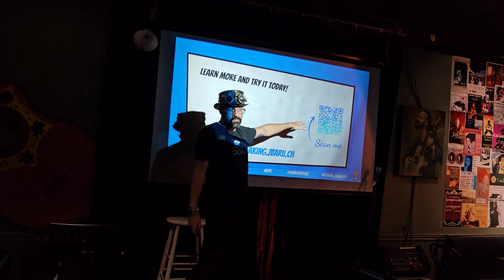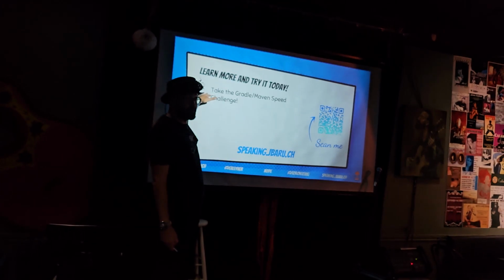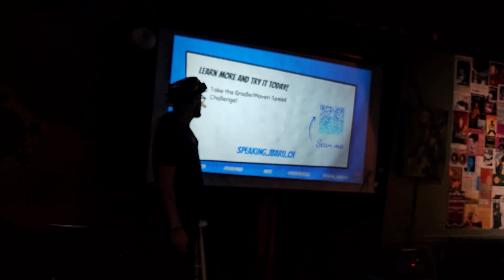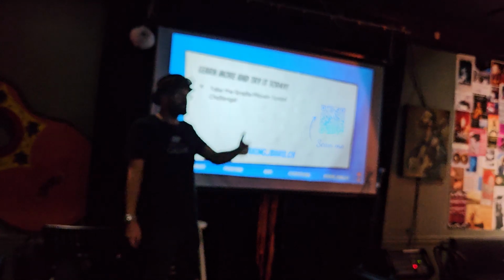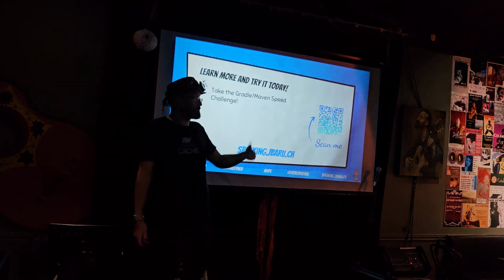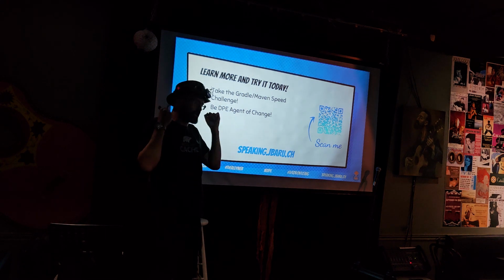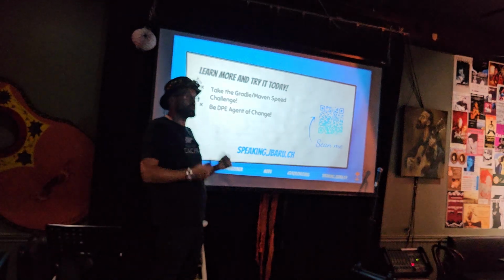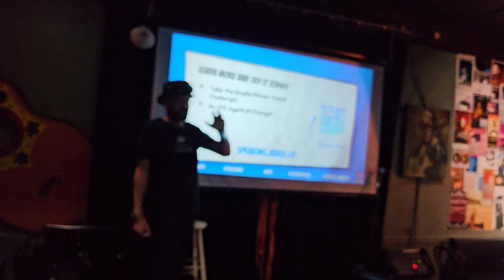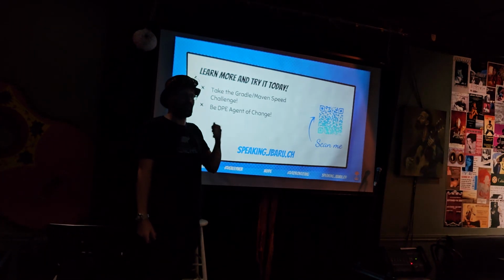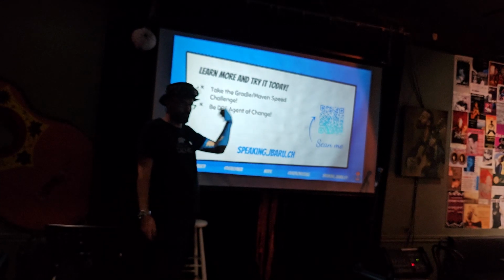So with that, speaking.jbaruch or this QR code is the same URL. You can take the Gradle and Maven speed challenge over there. It's just to speed up your own build. If you are afraid to run it on your own build, we have ideas of open source projects that you can play with. DPE agent of change: you are all like, hey, let's do DPE. You come tomorrow morning and ask, okay, what do I do? We have a lot of resources to help you convince your organization, and you will win prizes while doing that. They are all arranged as challenges that you do, with prizes.